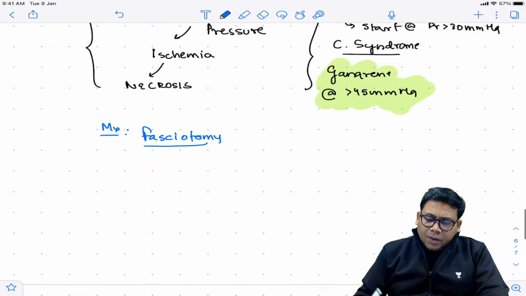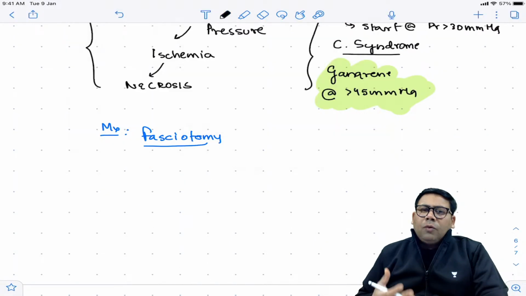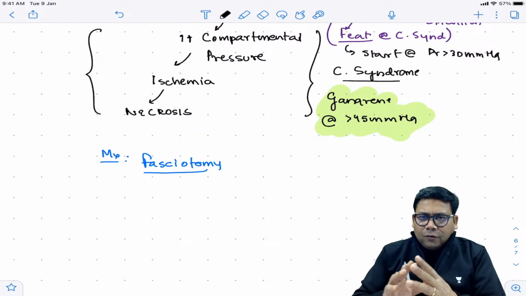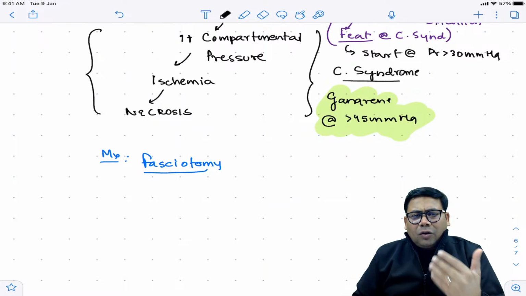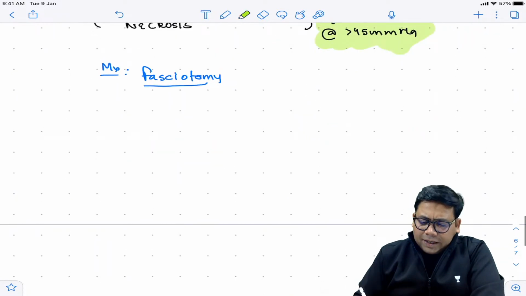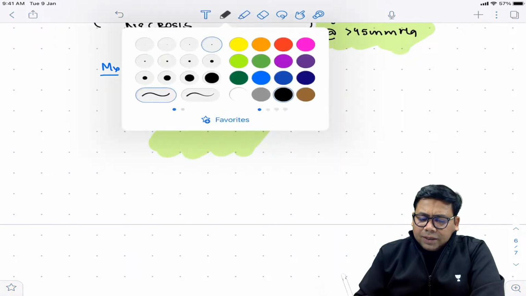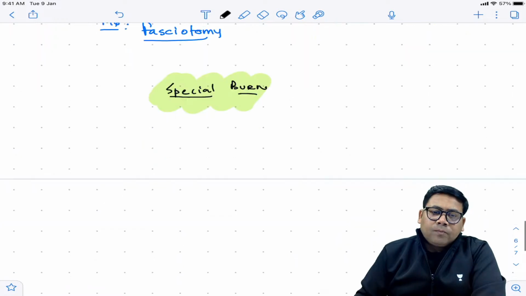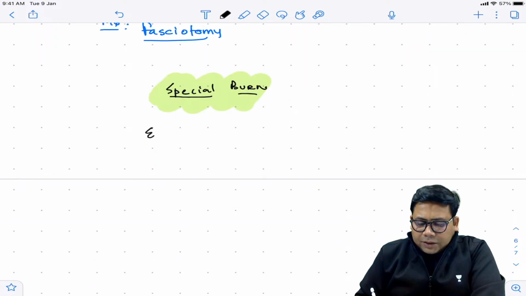The next is, let us talk about it simply, since I need to revise a lot of things for the FMGE exams. So I'll not go into everything in detail and depth. Let us try to understand quickly some things from the special burns. Now, when we talk about special burns, I'm not going to discuss the complete chapter, students. One or two important topics from every hand-picked topic. And I feel that electric burn is very, very important for you.